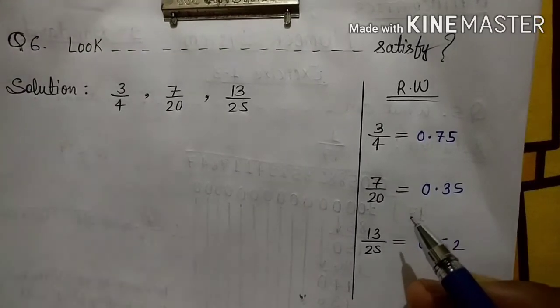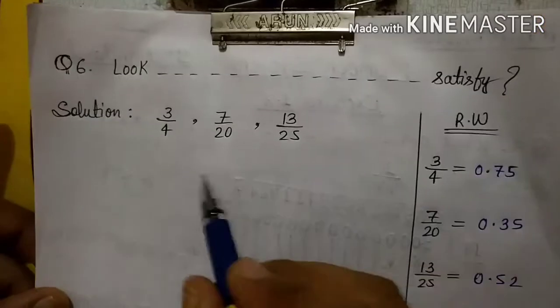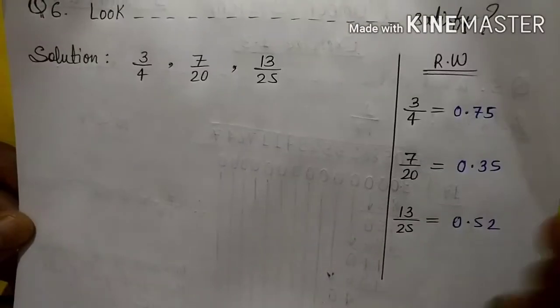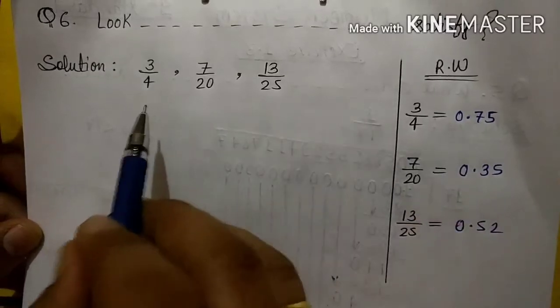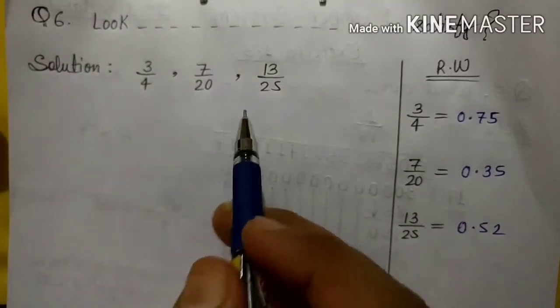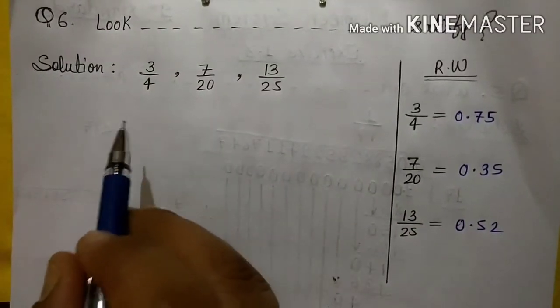As given in the question, the fractions you have chosen should have terminating expansions. So they all are terminating decimals only. Okay, so we have taken correct examples. Now which property they are following, this we have to observe here.